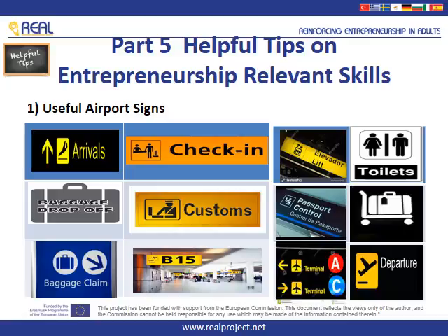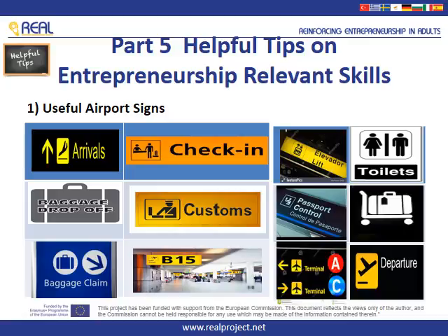In the last part of the lesson, we like to share with you useful airport signs and their meanings. We recommend you to memorize all these airport signs and their meanings because they are very useful when you travel by plane. When your plane arrives at the airport, your family and friends meet you in the arrivals lounge. Baggage drop-off refers to the place where you drop off the bags that you take with you when you travel. When your plane arrives, your bags and suitcases come out on the moving conveyor belt. This is called baggage claim.